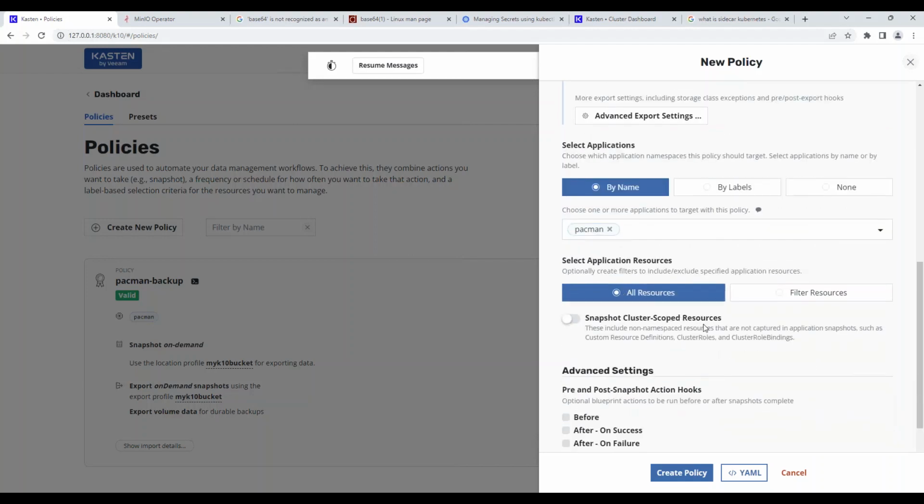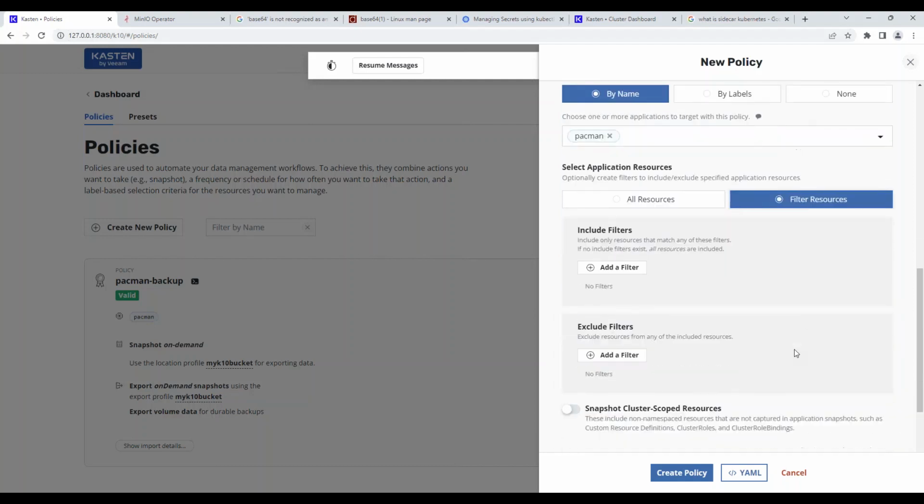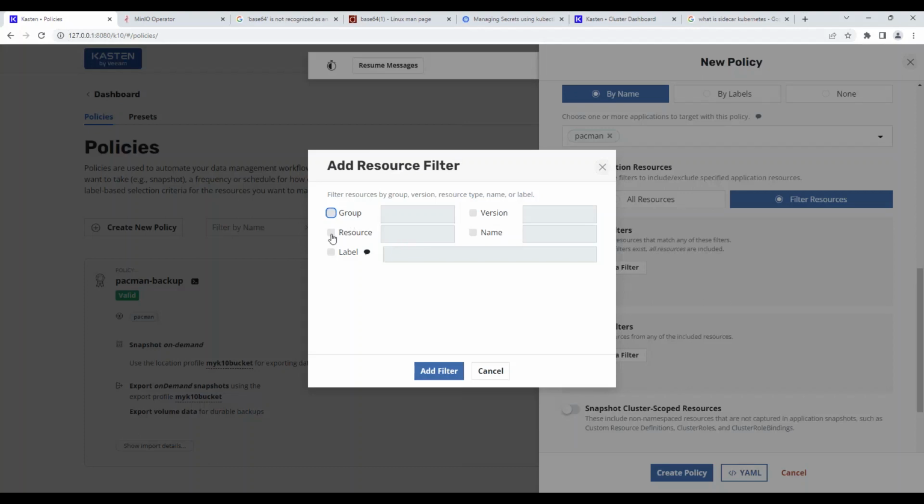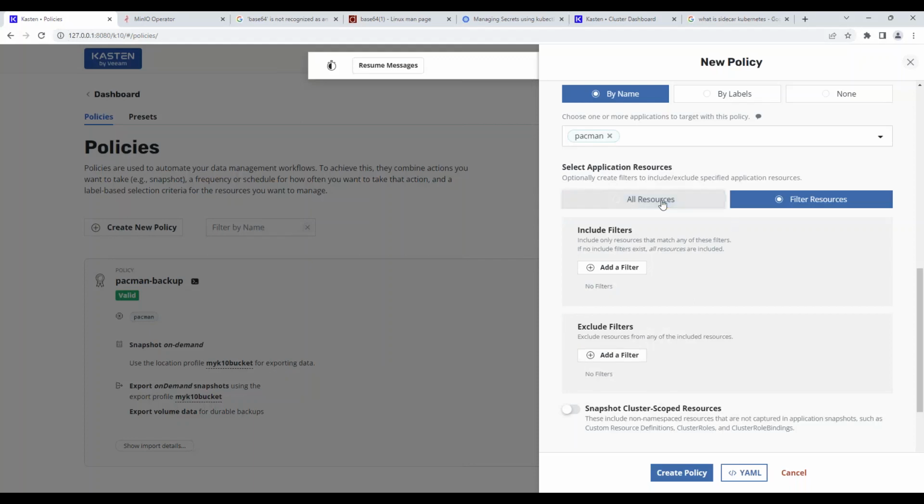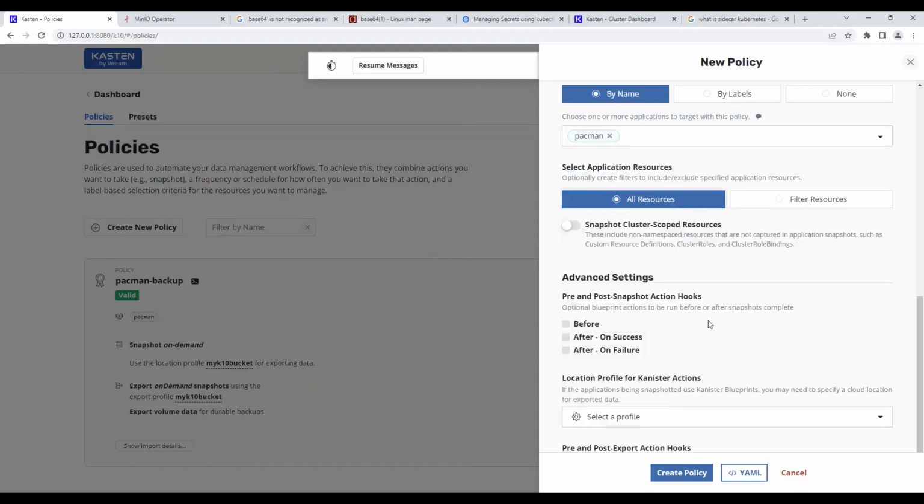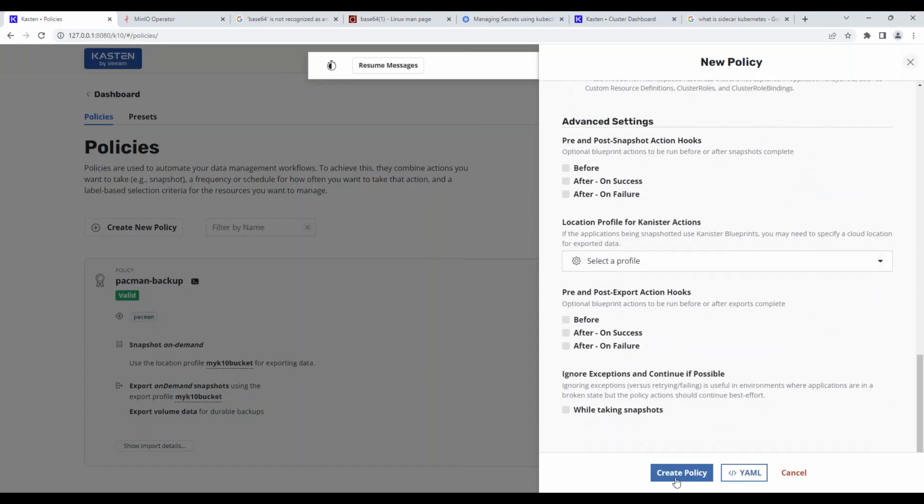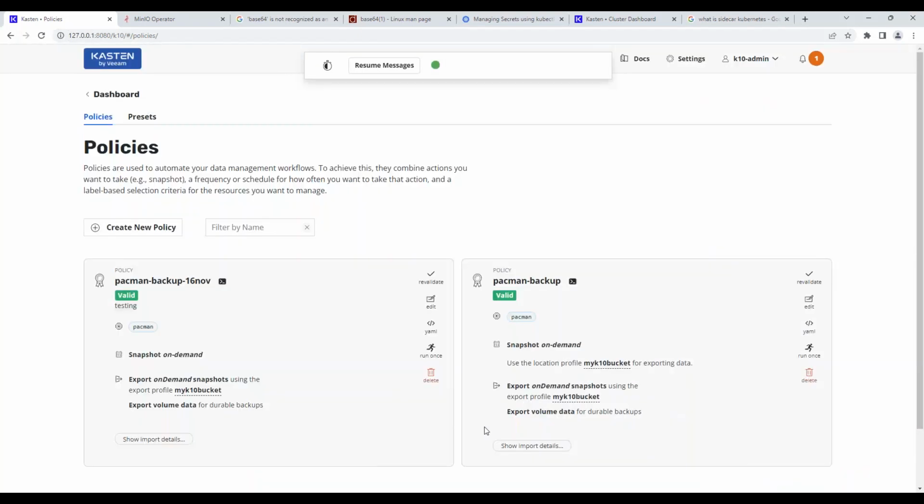Okay, I can select resources, whether all the resources need to be protected, or I need to select some artifacts that need to be protected, right? So I can do an inclusion filter here, or I can do an exclusion filter, both here, right? If I say inclusion, I can do group wise, resource wise, or label wise. I can add that filter, or I can exclude. So in this case, I'll say take the entire namespace, and then just create a policy, right? I can also, if you have seen, add pre and post commands to this using a YAML file. So if you see here, we have a policy created which is valid for pacman, okay, created on